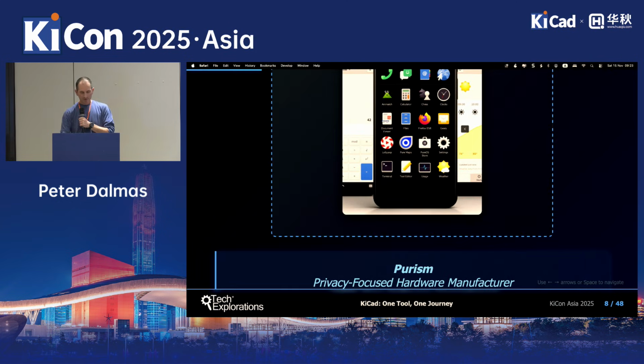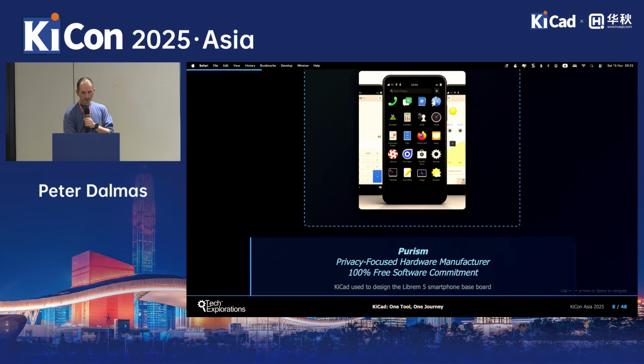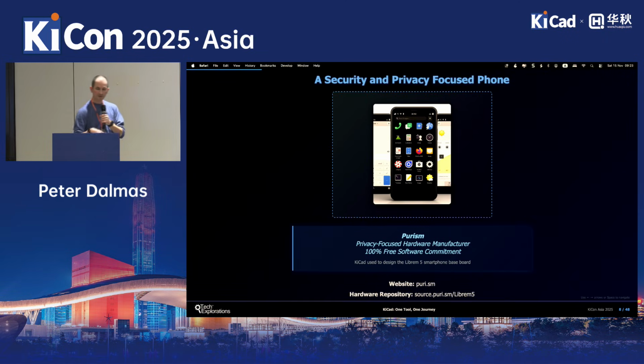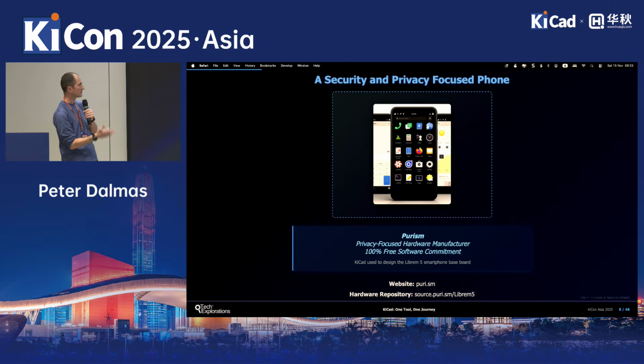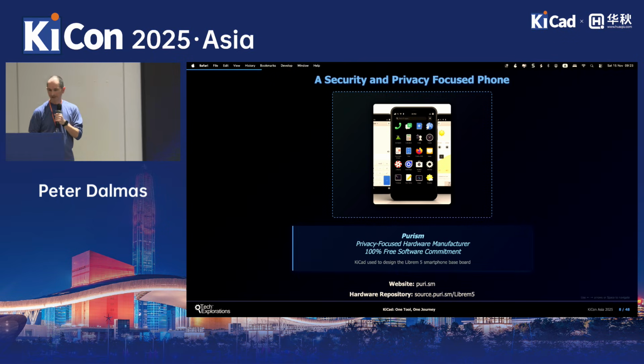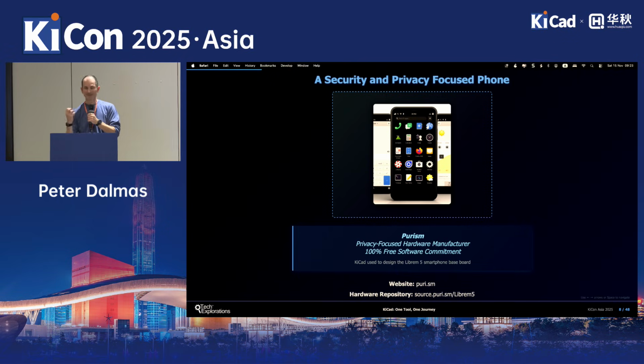All right, here's another example. So I mentioned earlier, I'm going through a journey right now of converting my life from commercial licensing software to open source. So one of the items in my everyday life that I want to convert to open source is a mobile phone. So I came across Purism, and I learned, to my surprise, that this company uses KiCad to design its open source mobile phones, smartphones. It's called Purism.